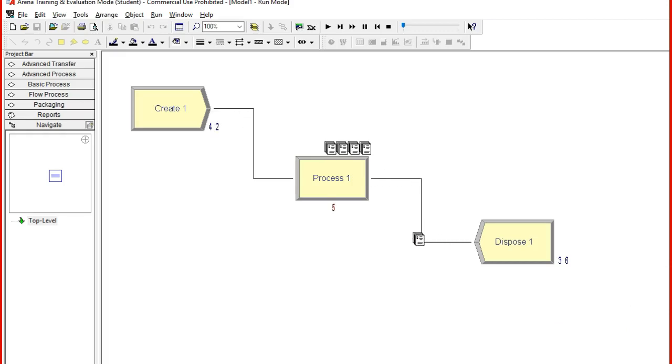If the entities are waiting in line and there is no other entity in process, then they go and start being processed. If there is a line or there is another in the process, then they have to wait. And as you see, the main characteristic here is the capacity to make a dynamic analysis of the performance of the system as opposed to just a static one. Naturally, this is a very simple model, but you can create very complex models in which you have different types of entities,